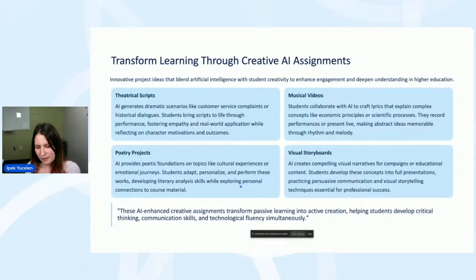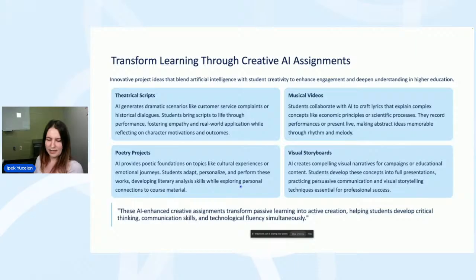Sometimes instructors like me might want to come up with creative assignments, and I'm going to suggest some to you. Some of those I employ in my classes, especially when we want to teach our students how to use AIs. These assignments can help.